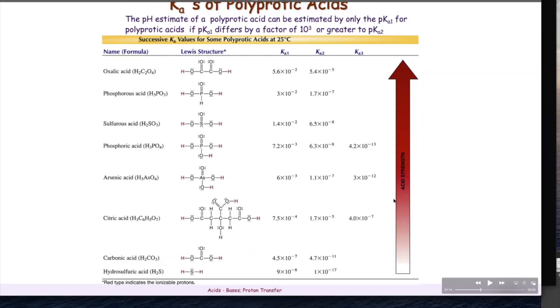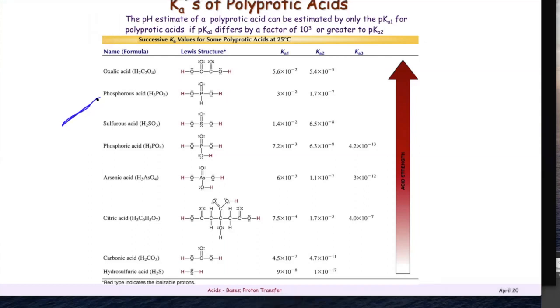So what you see here is multiple Kas. And here you see multiple hydrogens that are highlighted, indicating that these are the hydrogens that come off. I want you to take note, I guess it's not here. This is phosphoric acid right here. Okay, this one right here. And the reason why I want you guys to take note of this is because this is a